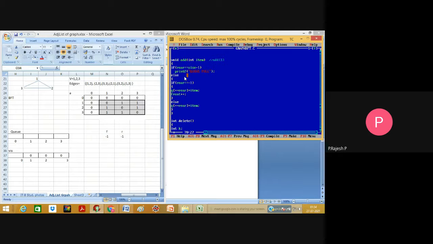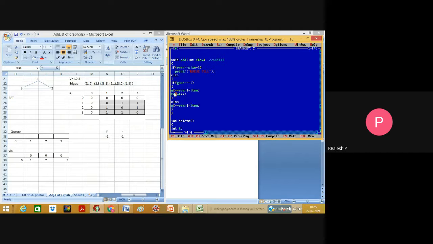If the condition becomes false, it will go to the else block. Within this else block we have an if else. Check that if condition: is rear double equals to -1? Yes, because rear is already holding -1 only.